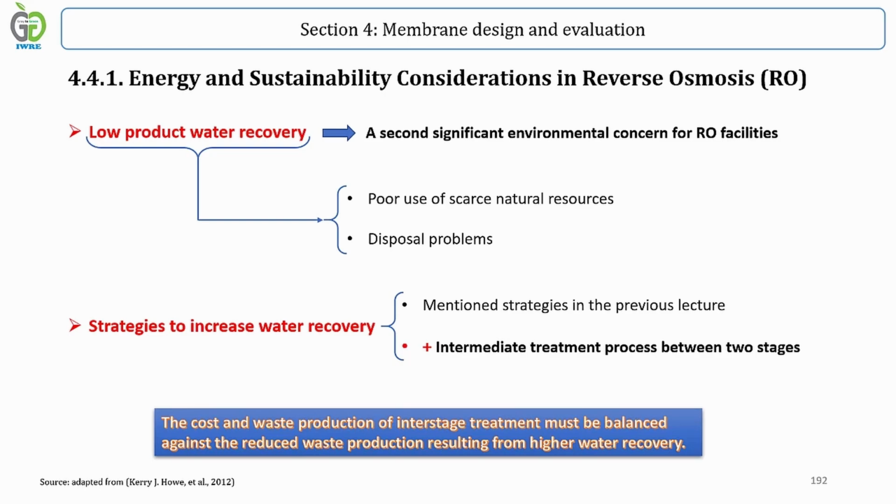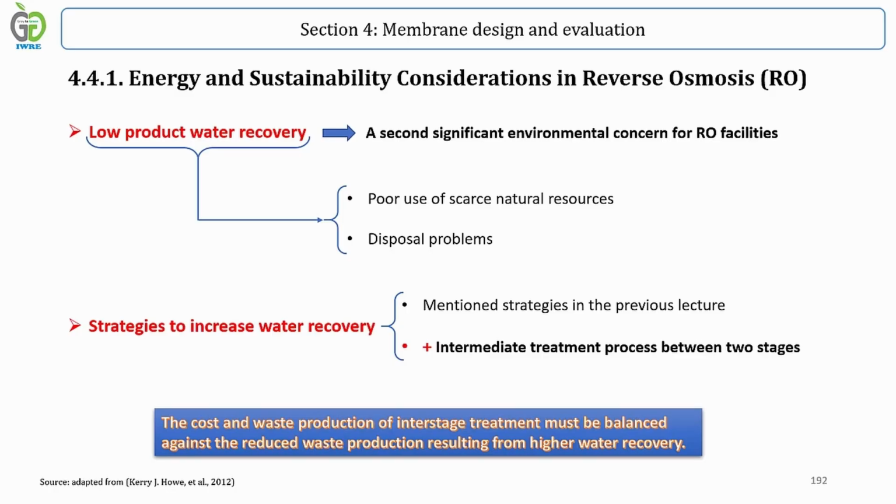For example, increasing recovery from inland brackish water reverse osmosis facilities involves preventing the precipitation of sparingly soluble salts. As noted earlier, scale inhibitors are used to prevent precipitation and increase recovery up to a point. However, scale inhibitors are limited in their effectiveness, and more aggressive strategies typically must be employed